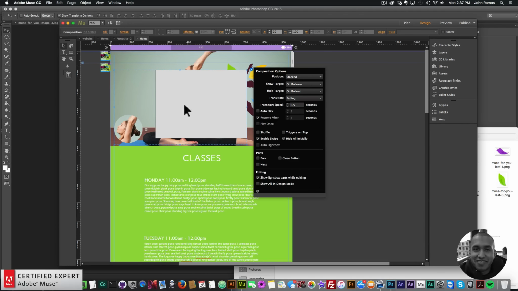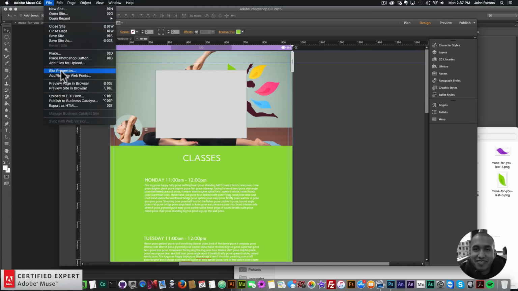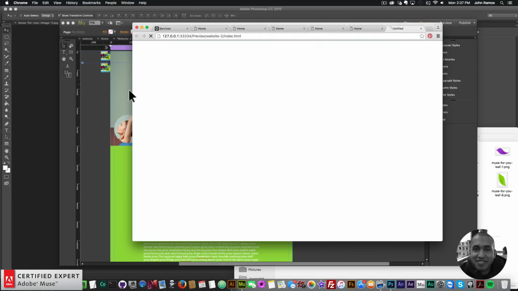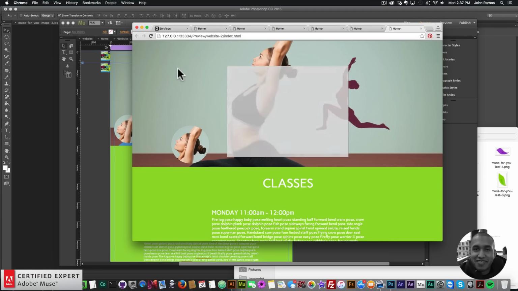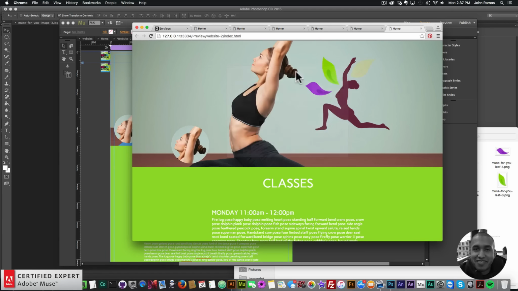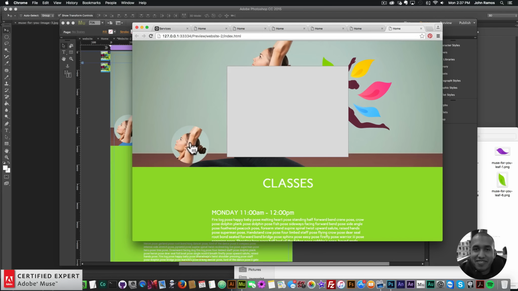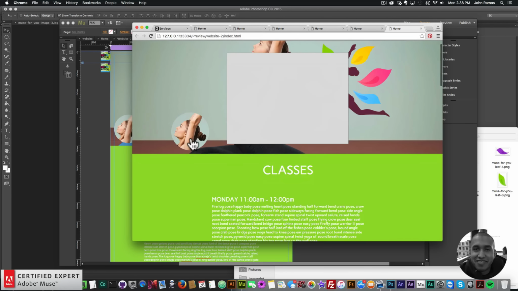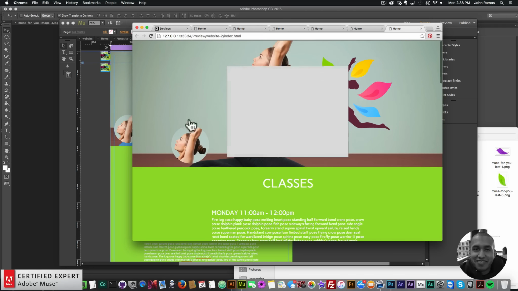Initially, I want all the targets to be hidden, so I'll click on Hide All initially. And that's it. We don't need to enable swipe because there's just one target. So now if I go to File, Preview Page in Browser, and I roll over with my mouse, we can see that the composition target appears, which is what I want because I want people to know about this lady before, once they visit the website, they can just hover over here and it'll be